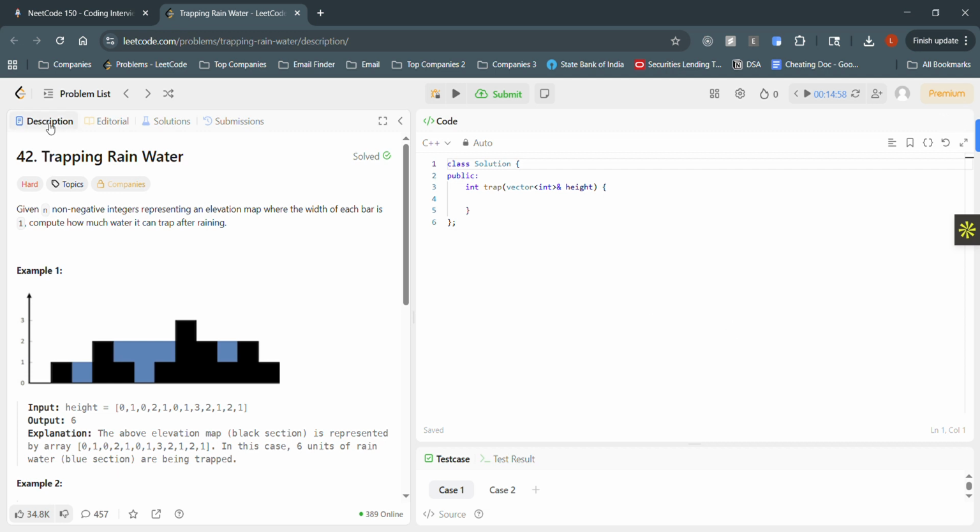So let's look at this problem now, trapping rainwater. It is marked hard, but it's still considered one of the mediums. The problem statement says that you are given this map of heights, an elevation map wherein each bar is of one size, and we have to basically compute the overall water. So in this example,